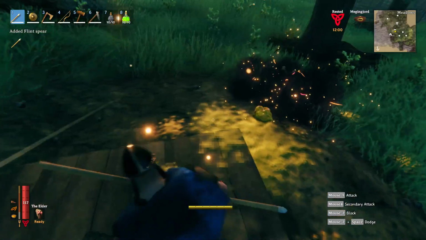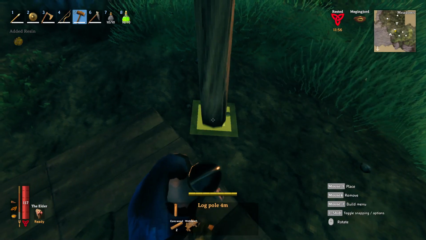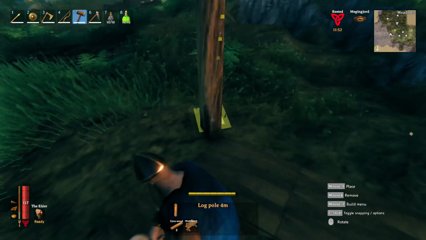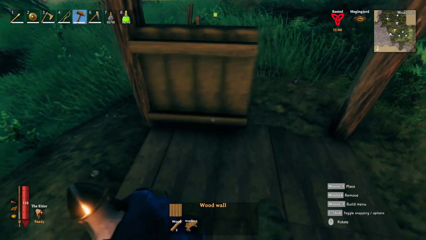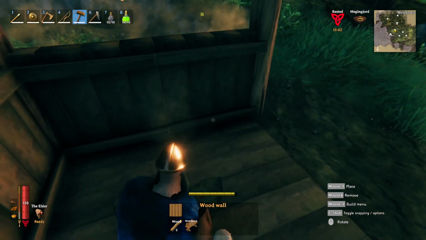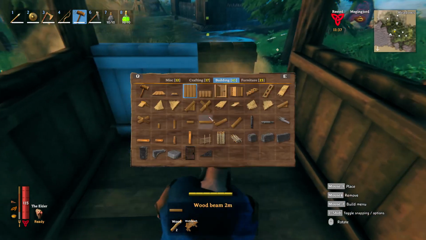The reason for that is you want the poles to be in the very corner, and sometimes this doesn't really work, so right there it snaps to the corners. Perfect. Afterwards we can put in the walls, and here we need to make sure that it's also properly aligned with the floor tiles. Then one of them is obviously going to have your door,